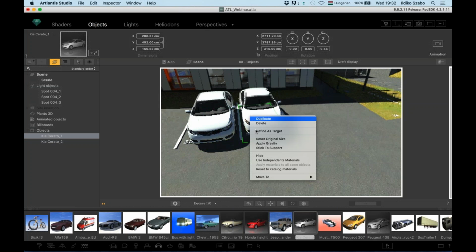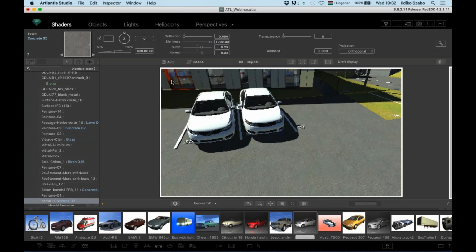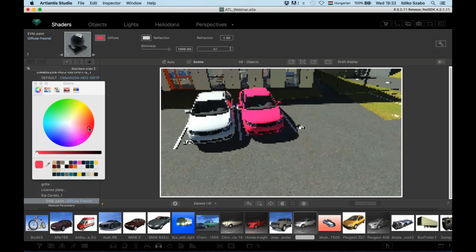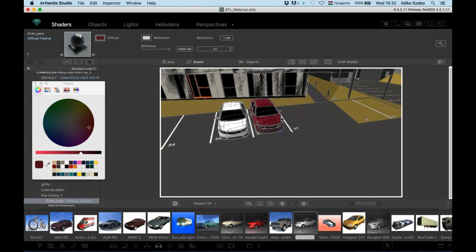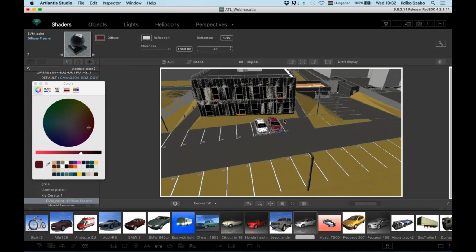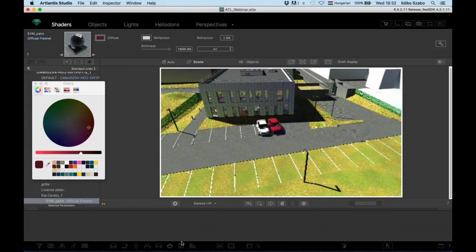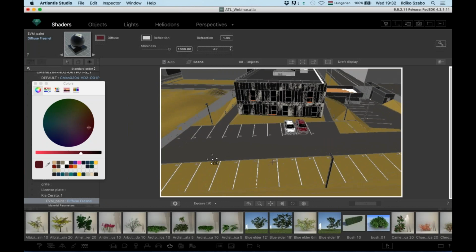I will say, okay, I would like to use independent material on this instance, which means if I change the material, then it will be changed only on one of the cars, but I can do it at the same time for all instances which are featuring the same object. So very easily some cars,